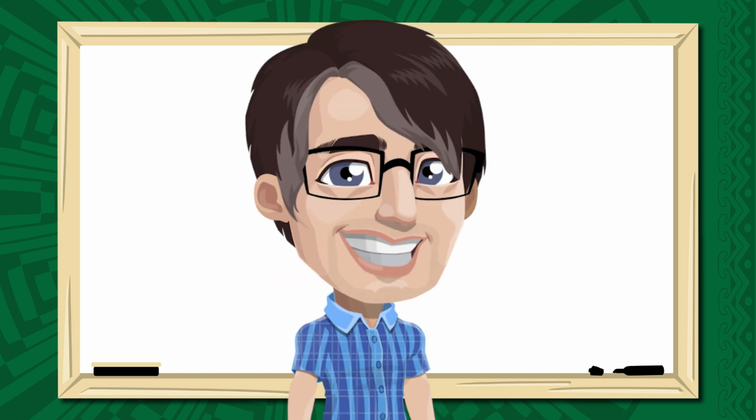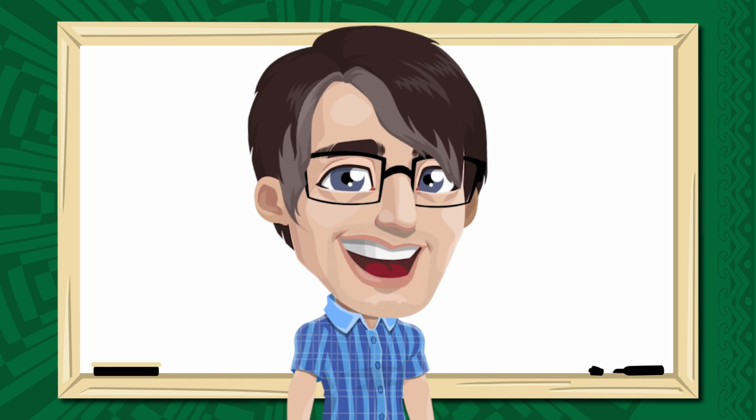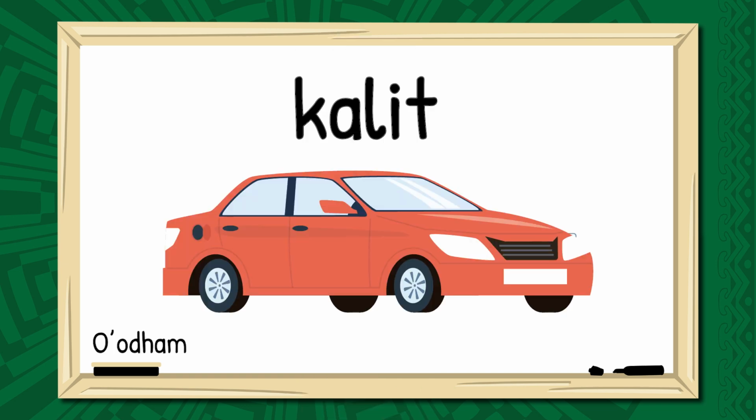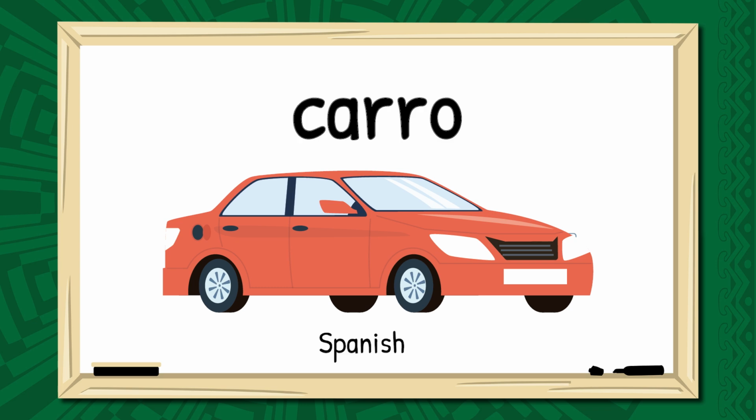Are there any other examples that are not so obvious? Just like Piipaash, there are semantic changes that require more cultural or historical knowledge to understand the shift in meaning. For example, the O'odham word karet is the most commonly used word to refer to a car. This word is borrowed from Spanish, but doesn't come from the word carro, which means car. It actually comes from the word carreta,